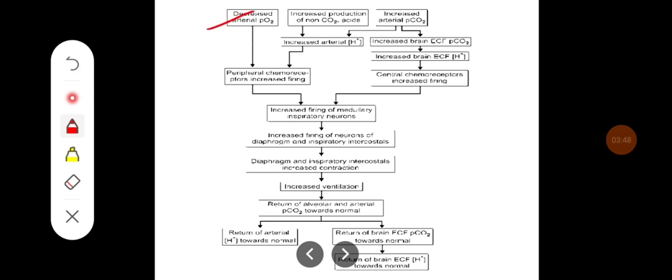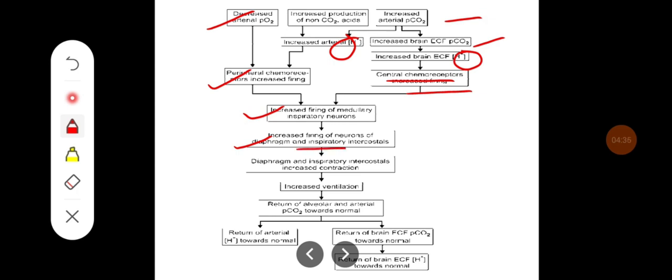There is a decrease in the partial pressure of oxygen, which is going to stimulate the peripheral chemoreceptors, and increase in the production of carbon dioxide, which increases the arterial H plus ion, will also stimulate the peripheral chemoreceptors, whereas increased arterial PCO2 increases the ECF PCO2, and it leads to conversion of CO2 into H plus ions there, which is going to stimulate the central chemoreceptors, and both help in the firing of medullary inspiratory neurons,